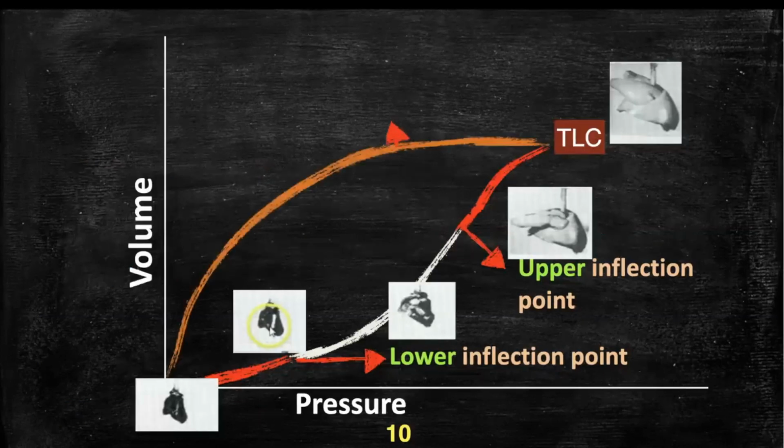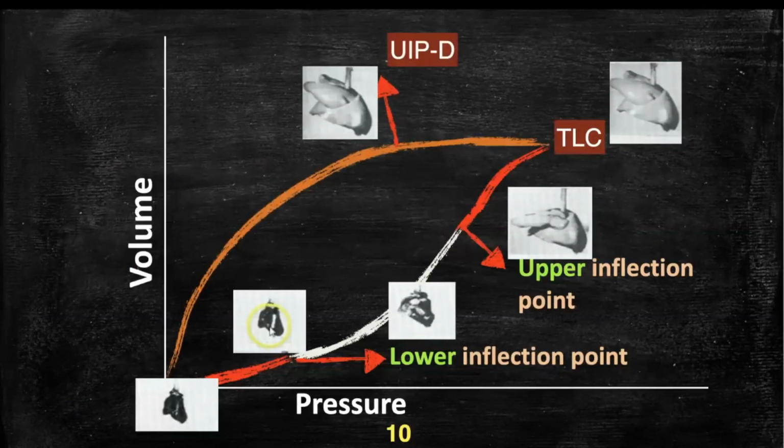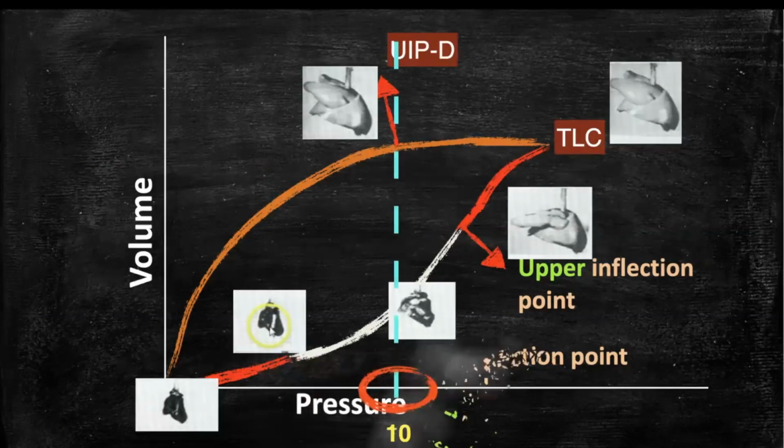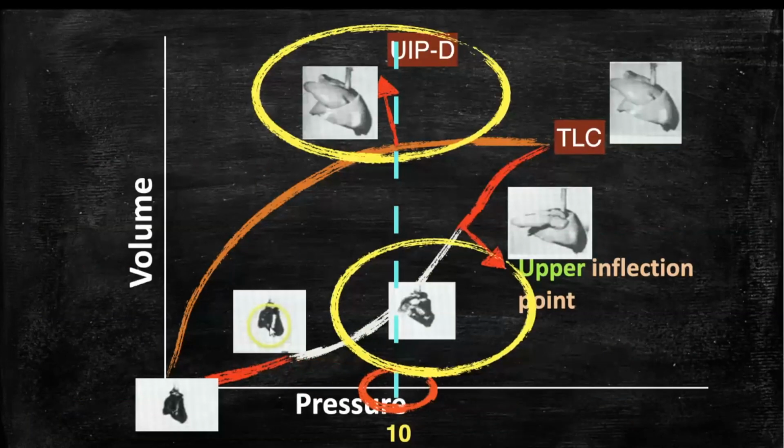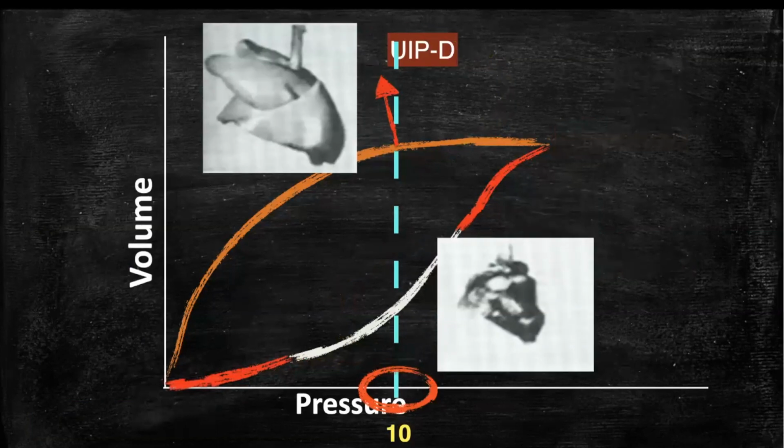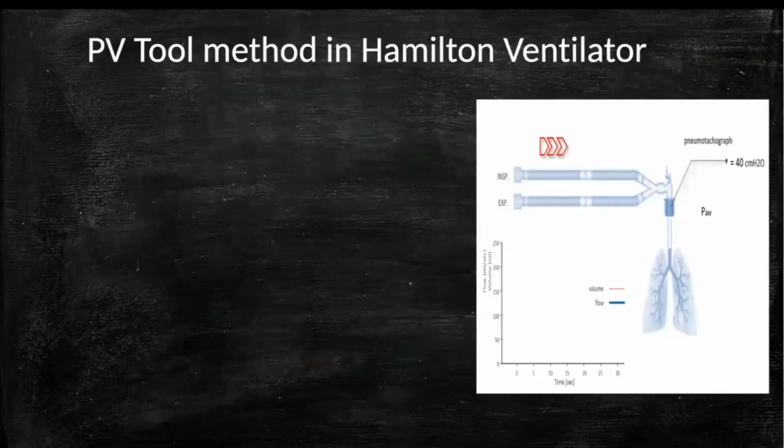And when we are at the deflation, you have still a better expanded lung. So if you suppose have the same PEEP of 10, and then you compare the size of the lung during inspiratory limb and expiratory limb, you will see that for the same PEEP, you have a much better inflated lung on the deflation part of the PV loop. So this is what has prompted people to think that if you titrate PEEP after a recruitment maneuver, that PEEP will maintain the alveoli in a recruited state for a longer time compared to just applying the PEEP titration in the inspiratory limb.